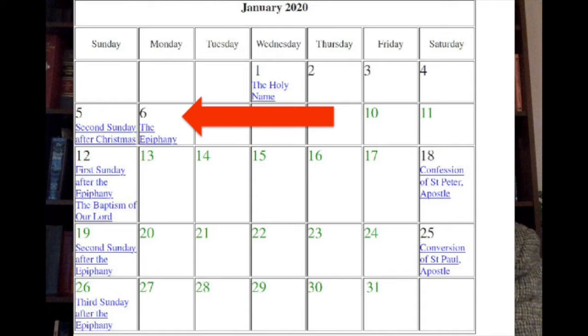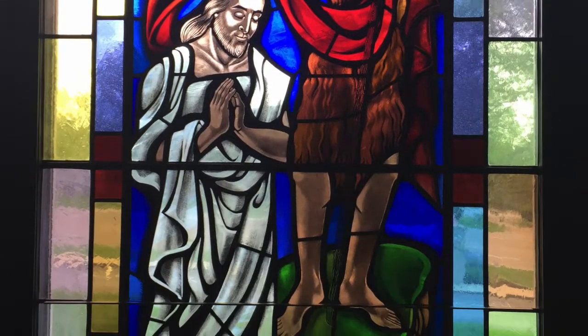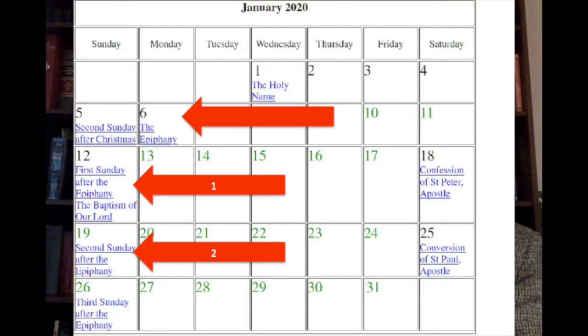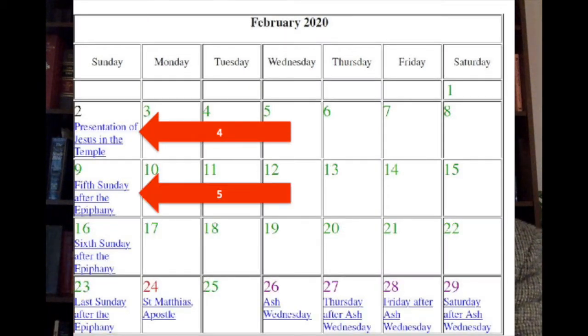So January 6th, the Feast of Epiphany, fell on a Monday this year. That following Sunday was January 12th. That's the first Sunday after Epiphany, also known as the baptism of our Lord, when we remember and celebrate that Jesus was baptized in the Jordan River by John the Baptist. The second Sunday after the Epiphany was then on January 19th, and then we sequentially run through the third Sunday after Epiphany, fourth Sunday after Epiphany, and so forth, until we get to February 15th, which is the sixth Sunday